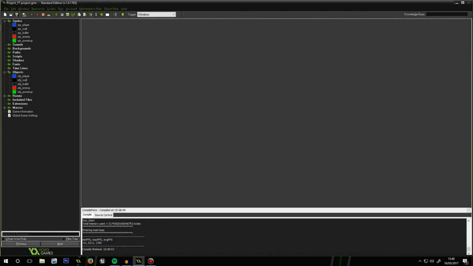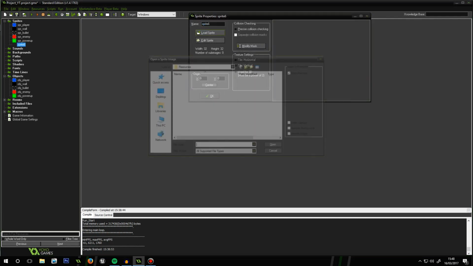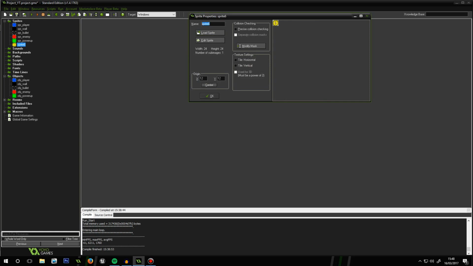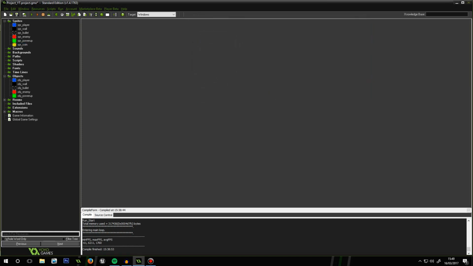Today I'm going to be implementing a score system into our game. So what I'm first going to do, like always, is create a sprite. I've got one already loaded in, which I made earlier. You don't have to spend too much time on it. I didn't. So you're going to center it, give it a name that you'll be able to remember and relates